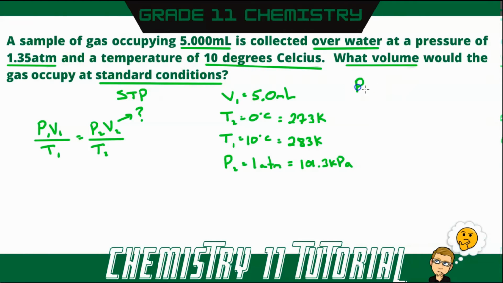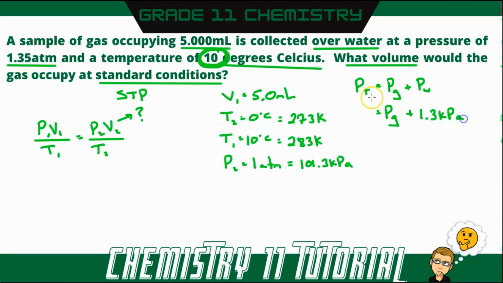So that total pressure of 1.35 atmospheres is the pressure due to our gas plus the pressure due to the water vapor. So what's the pressure of the water vapor? Well, to figure that out, you need to know the temperature. Now we know the temperature is 10 degrees. So we need to look up our chart. Now this chart can be in your textbook or you can look it up online. You want to know what the pressure is for water vapor at certain temperatures. Now if you look up 10 degrees, you will get the pressure of water vapor at 10 degrees is 1.3